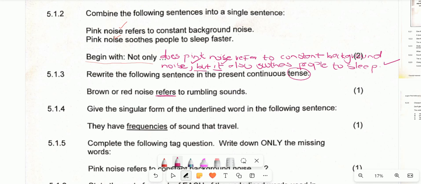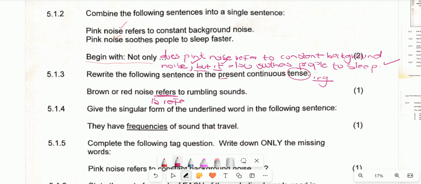We are guided by this verb to know that the sentence is in a simple present tense, and now you're supposed to change it into a present continuous tense, meaning the present progressive tense, meaning that the action is still continuous, and we identify this tense when the verb ends with "ing." So what you need to do in this sentence is very simple: brown or red noise is referring. So you change this to become "is